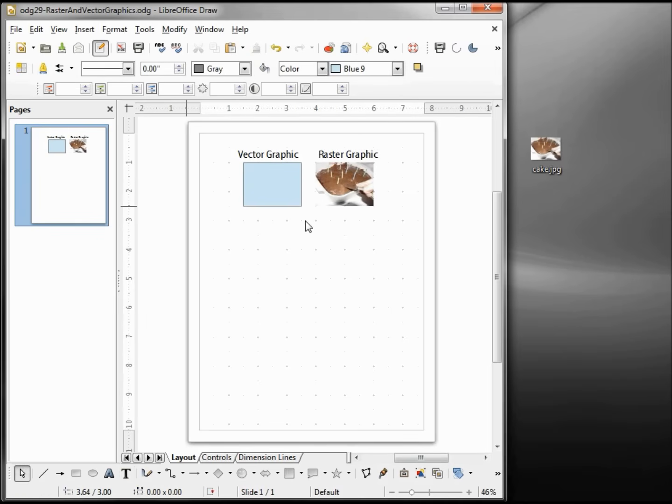So if vector graphics can resize so much sharper and take up so much less space, why don't we use them for family pictures? That's because vector graphics work best on geometric shapes, like the shapes we use in LibreOffice Draw. And at least with today's technology, it's just too much to turn a family picture into a number of geometric shapes and have it look as good as a raster bitmap graphic. But for an organizational chart or a flow chart, vector graphics are the way to go.